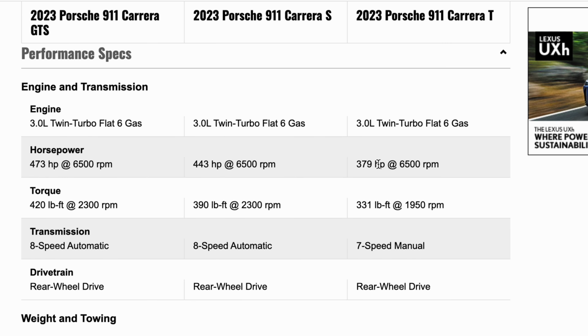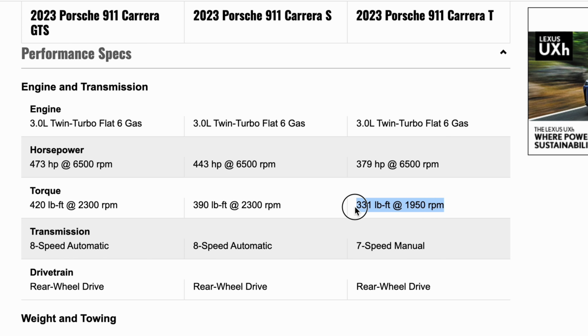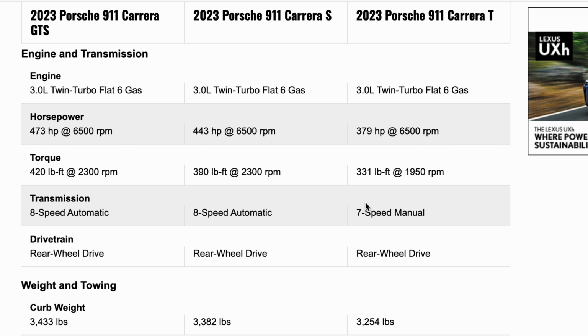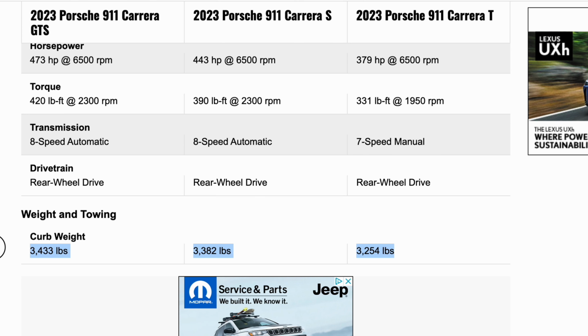T starts from 379 horsepower, starting at 6,500 RPM. Carrera S is 443, GTS is 473. Torque is 331, 390, and 420. What I want to point out right here is that in the T, you get lower-end torque. It's not huge, but from 1950 RPM to 2300, that's around 400 RPM more. So in the T, you get slightly more initial torque. As mentioned before, you can get both PDK and manual here, and it is rear-wheel drive for all. Where it gets a bit more interesting